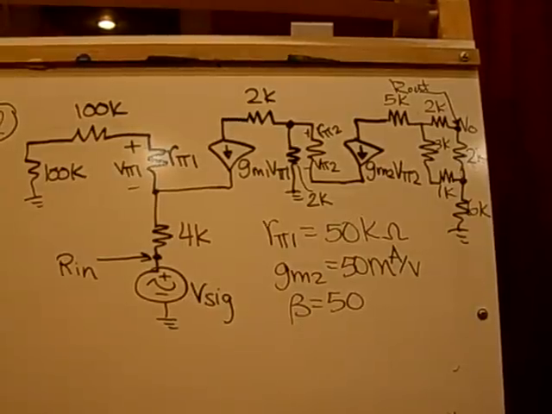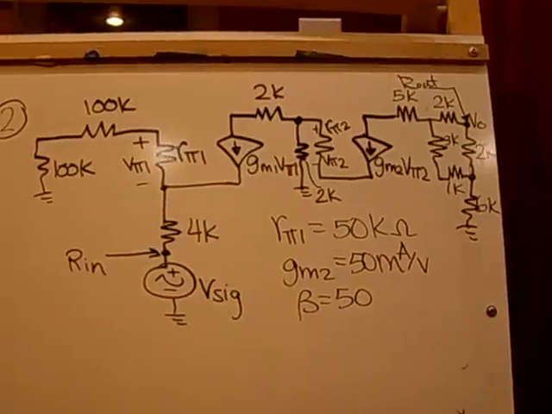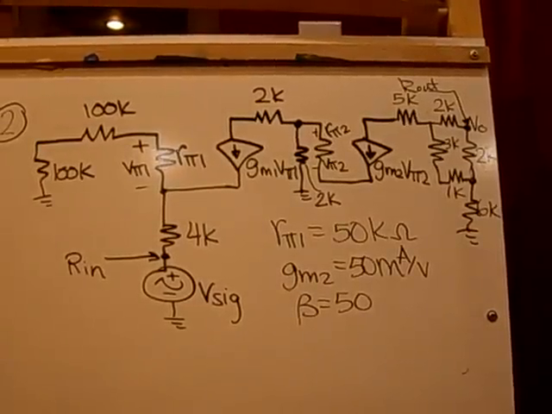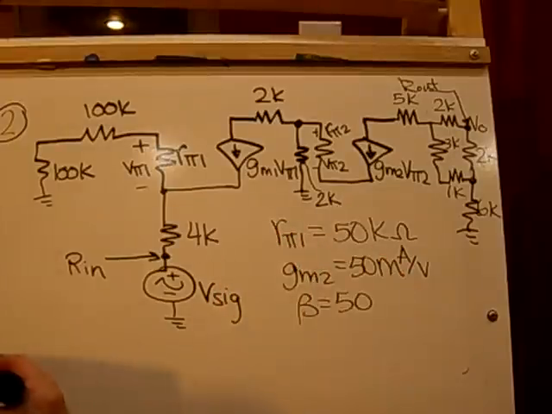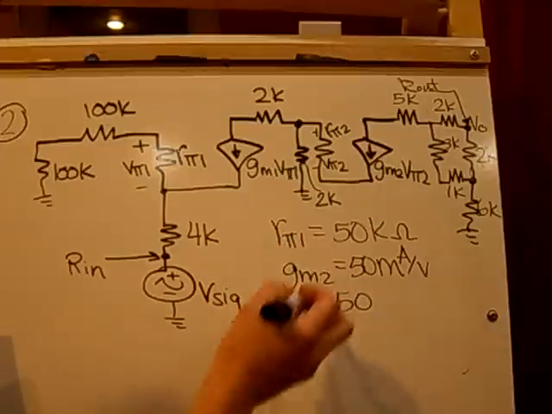This is problem number 2 for exam 3 review. So the hybrid pi is shown here. It's given R pi 1 is 50K, GM2 is 50 milli, and beta is 50. So from these,